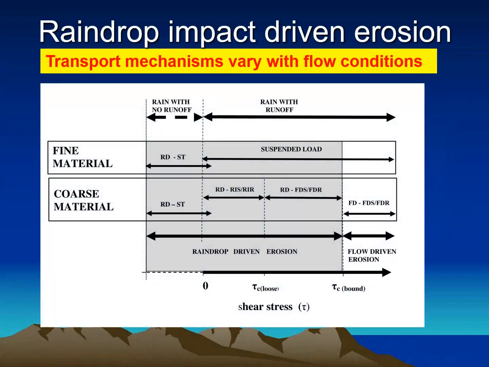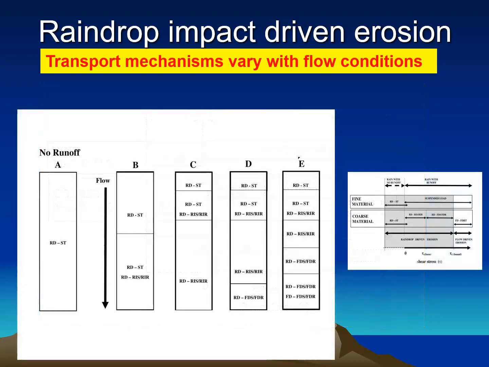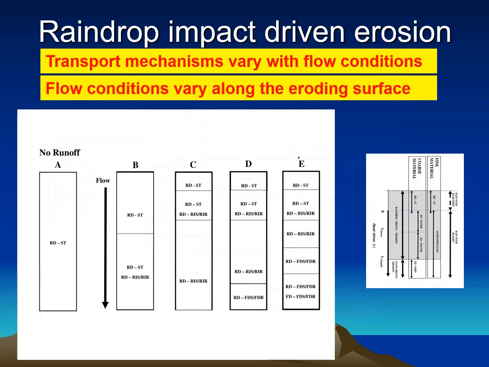With raindrop-driven erosion, transport mechanisms vary with flow conditions. And because flow conditions vary along an eroding surface, the spatial distribution of the detachment and transport mechanisms varies along an eroding surface. Generally, these different situations depicted here depend on rainfall intensity, slope gradient and slope length,